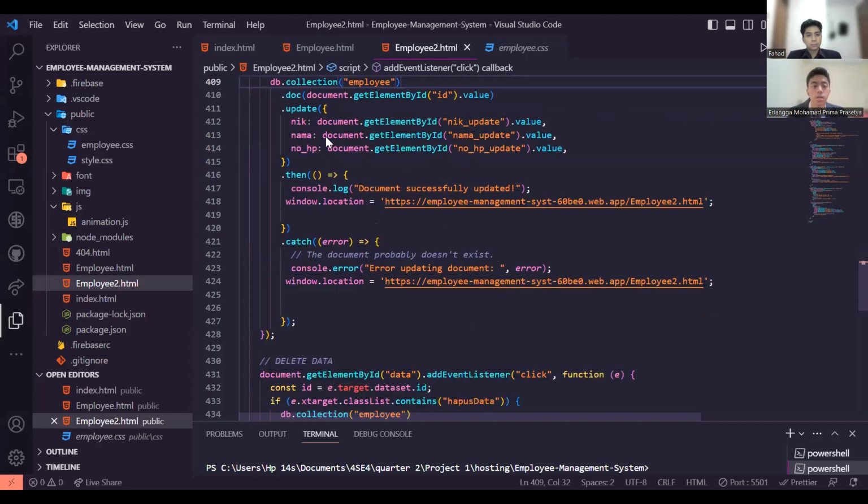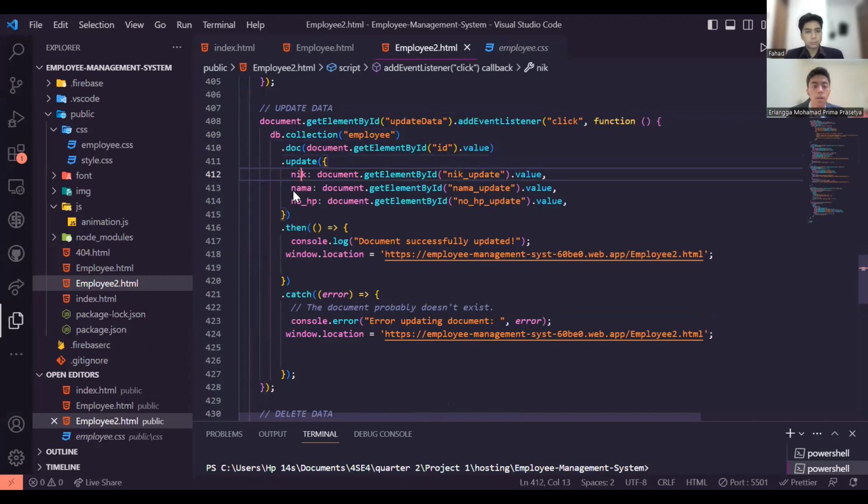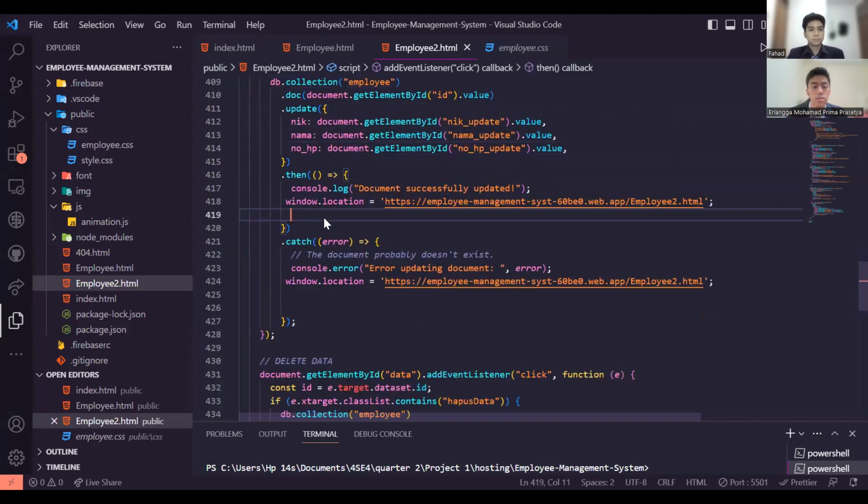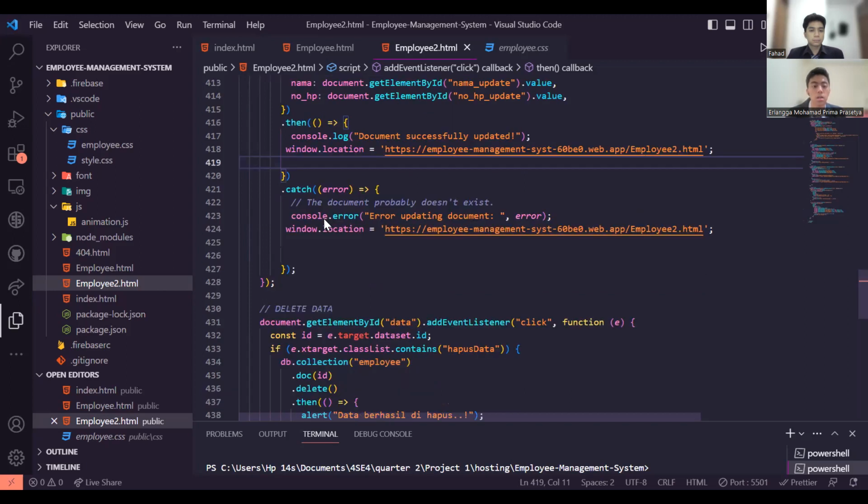For the update, we have the nick, nama and nomor handphone to update. And then if it succeeds, we give the alert "document successfully updated" and automatically refresh with window location to employee HTML. And if there is an error, the console log will give the alert "error updating document" and it will be refreshed to employee HTML. For the example,